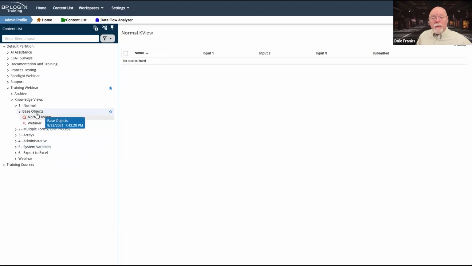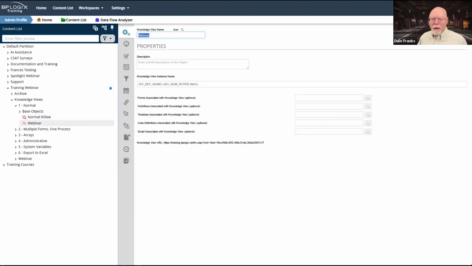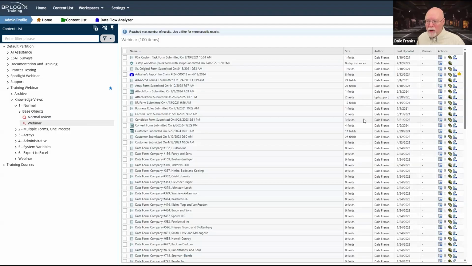So some ways of doing that filtering in a normal knowledge view might be, let's actually go down here to this webinar one. So as we saw when we ran this earlier, it's going to return my max of 100 rows. Okay, I want to get my filter down to 100 rows or less.